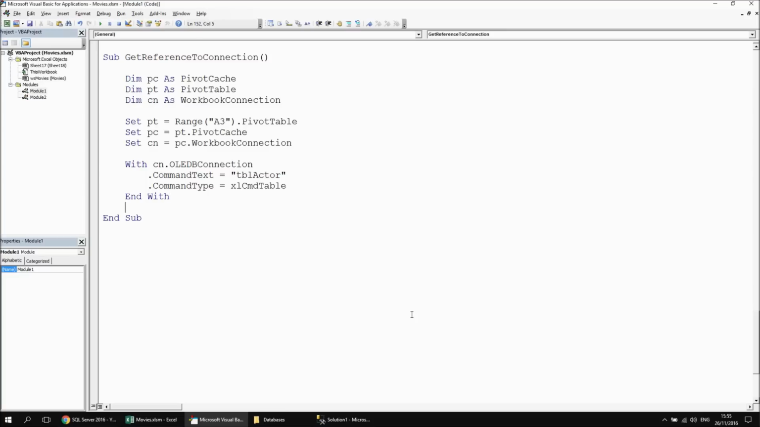Once I've made those changes, I can then refresh the connection. So outside of the with block, I can say cn.refresh. And what that will do, of course, is make my pivot table lose any reference to any fields that were in the original film table. So what I might want to do is modify the fields for the pivot table. So I could then say